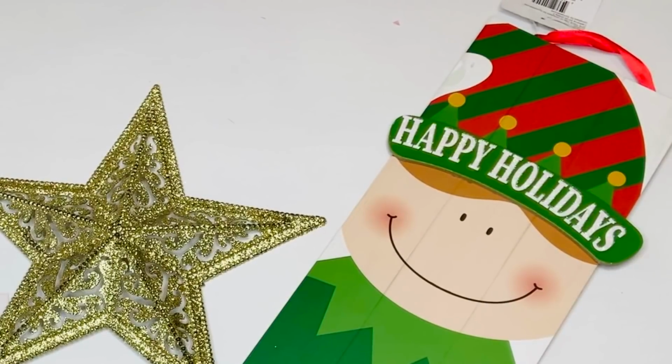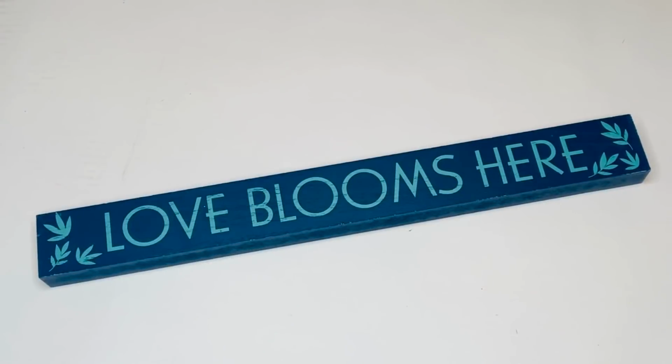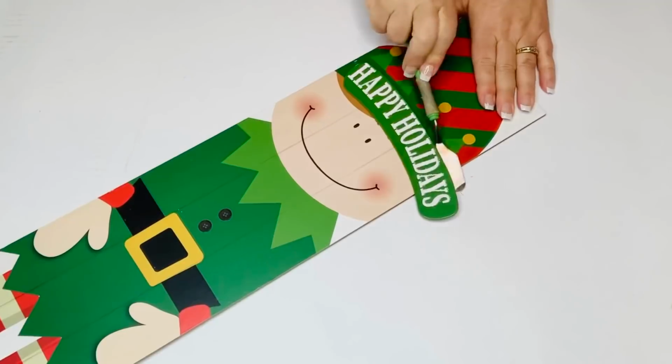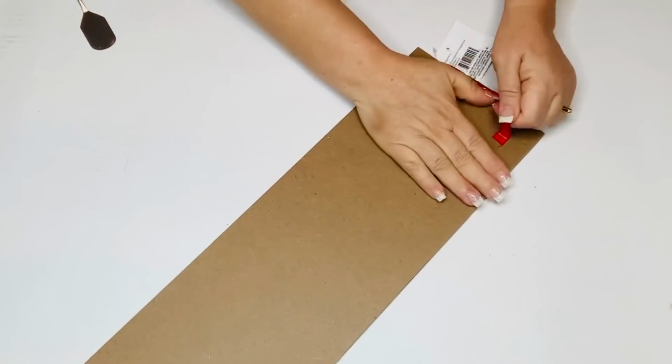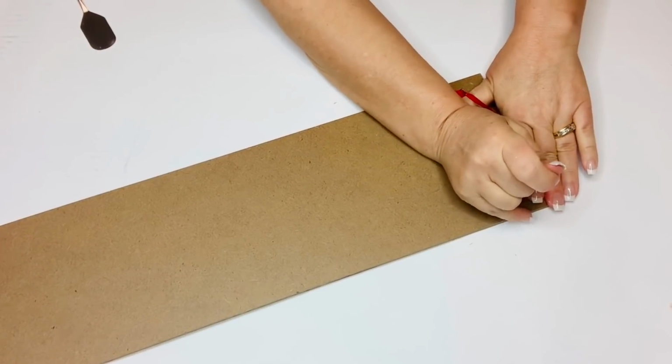For our 10th and final DIY, we're going to be using this Christmas sign, a gold star, and this long piece of wood, also from the Dollar Tree. You don't have to use this, you can just hang this sign, but I decided I wanted it to be a tabletop display. So the first thing I did was remove the little Happy Holidays sign on the front,